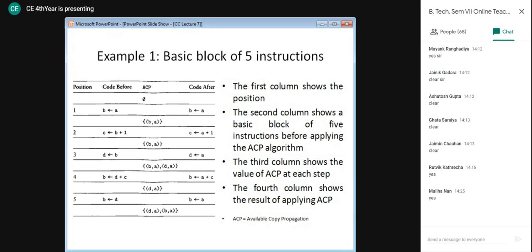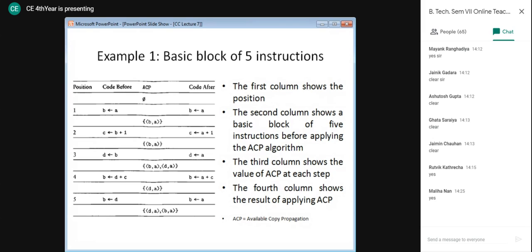So now after the fourth instruction, in this single basic block which we are taking into account, our ACP set has only one element. Now let's move ahead to the last instruction of our basic block, wherein value of D is assigned to B. Value of D is not changed, but now value of B is changing.